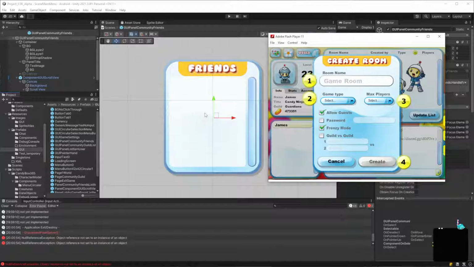Right? Because room name, I think that should be optional. And if you're using a controller, I don't currently have a system or a solution in place where you can type with a controller. There's no such thing, as far as I know.